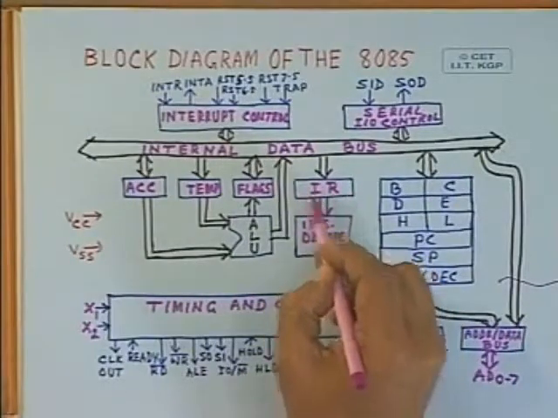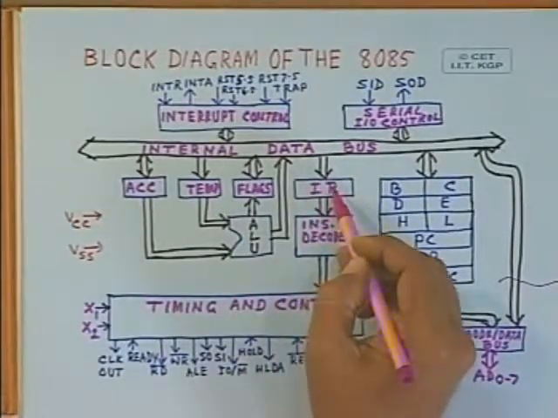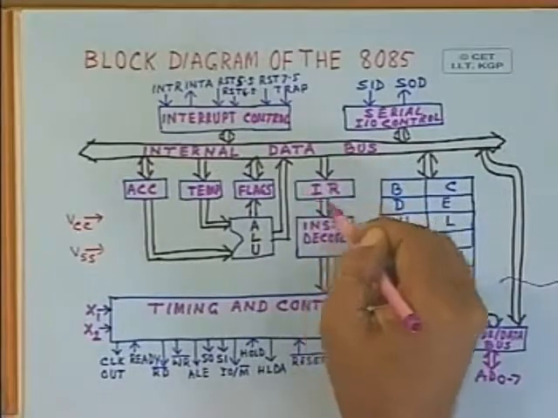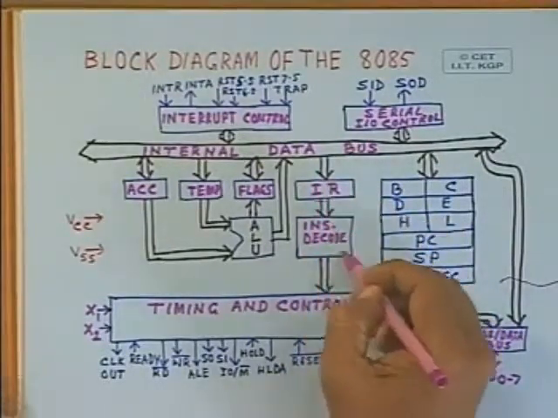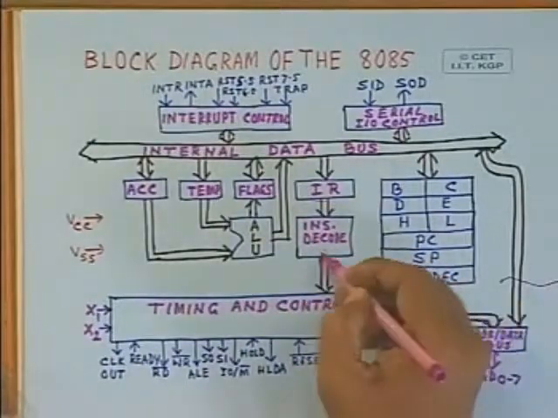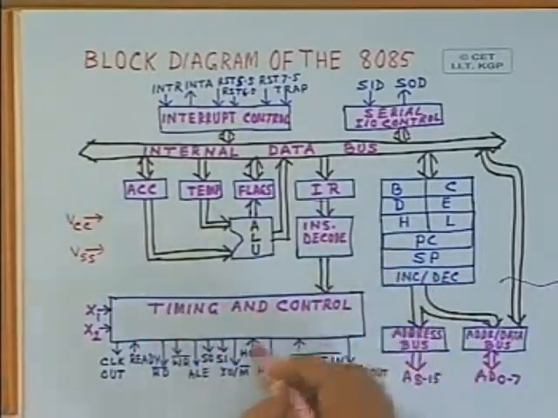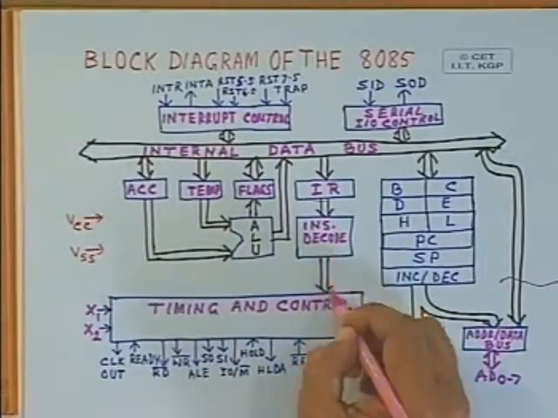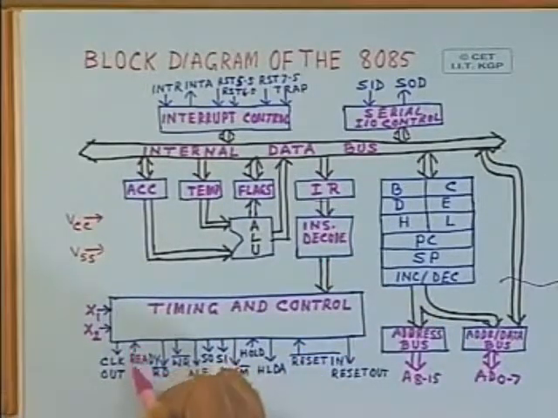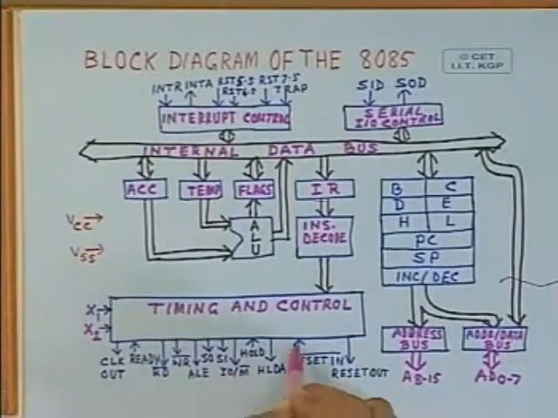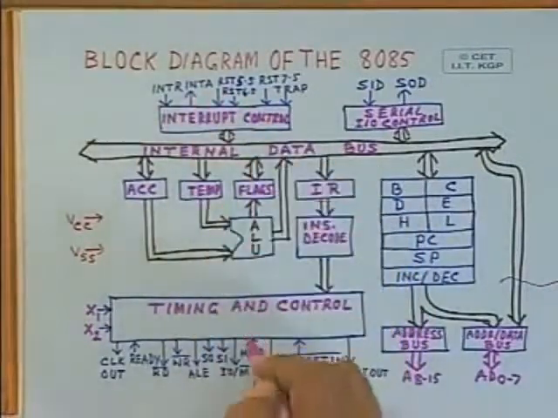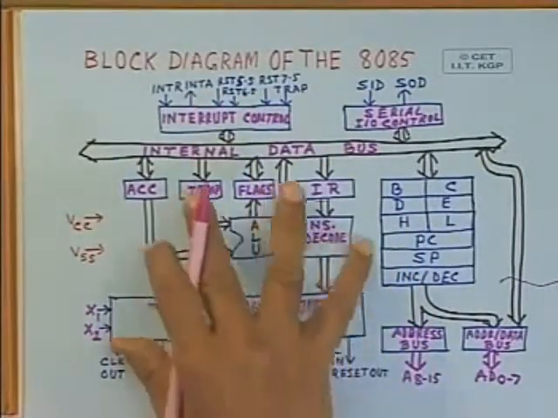And this is that instruction register, which is not accessible to the user, but once the instruction is fetched from the external world, from the memory, it is stored in that instruction register. It is decoded with the help of this instruction decoder. Then the signal goes to the timing and control unit. You can see here the timing and control unit is receiving inputs from the instruction decode unit. It is also receiving input from the ready, the reset, and also from those interrupt signals which are not shown here. And accordingly, it is generating various controls. All the lines are not shown to avoid complexity of this diagram.